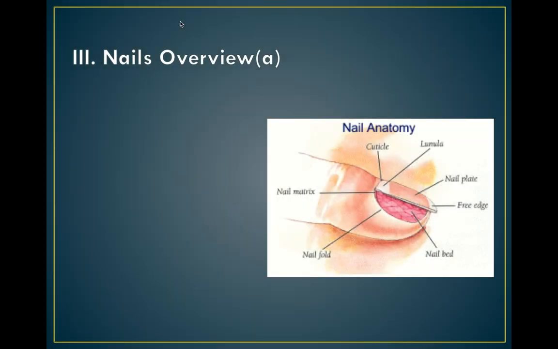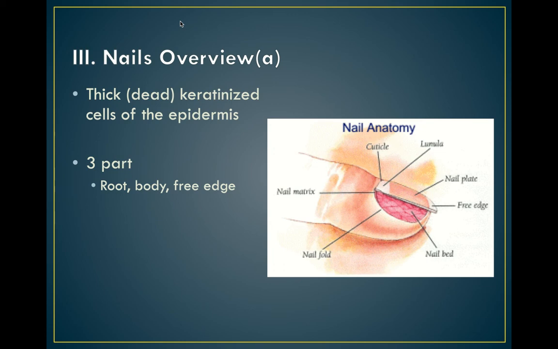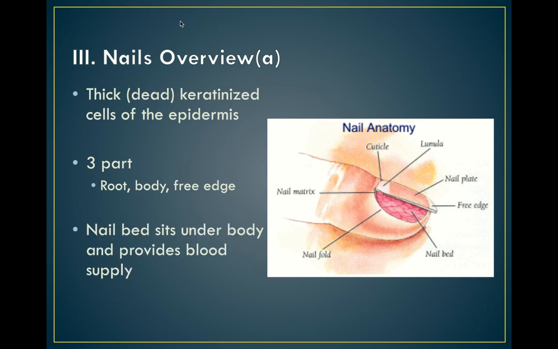Here we go. So root, the body, the free edge, and you can find those on your diagram. You've labeled them on your LT2 diagrams as well. Underneath the body, there is something called the nail bed. The nail bed, keep in mind the nail bed in this diagram, it's kind of a reddish color. It's going to provide blood supply to the tissue below. And so in a minute, when we talk about how your nail has different colors to it,